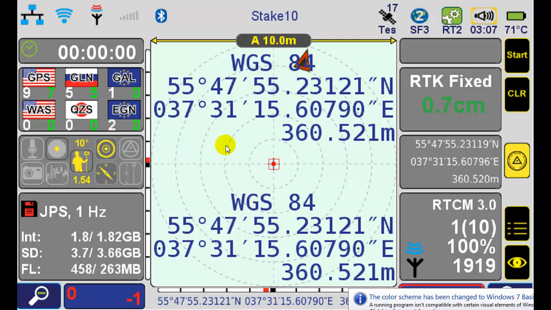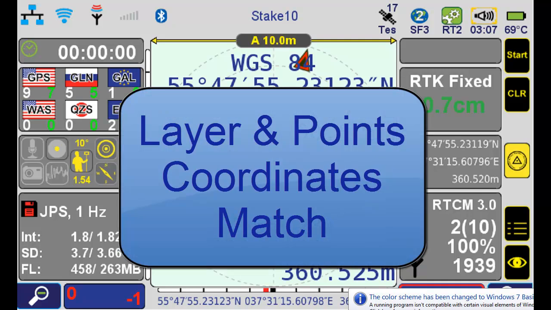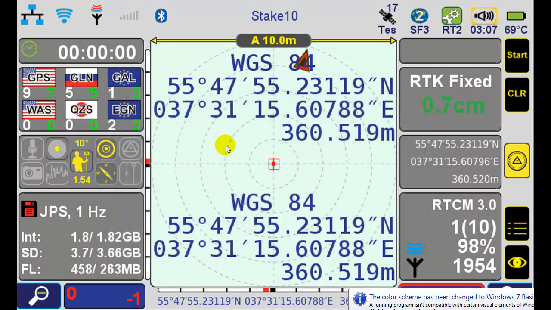When you enter or import your stake target coordinates to a layer, make sure that the coordinate system of that layer matches the coordinate system of the target coordinates that you enter. I want to emphasize that you select the correct coordinate system for the layer and then import or enter the target